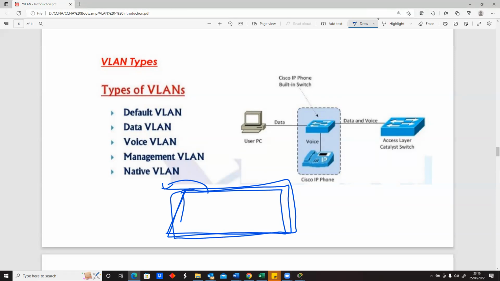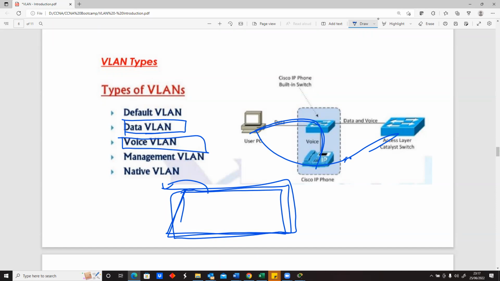But a device can pass data traffic. So it can send data, maybe a text file or something, into the network. And so we can create data VLANs. Typically what we have are data VLANs, pinging people and all that. It's typically normal traffic. But apart from that, sometimes on your network, you can have what we call voice VLANs